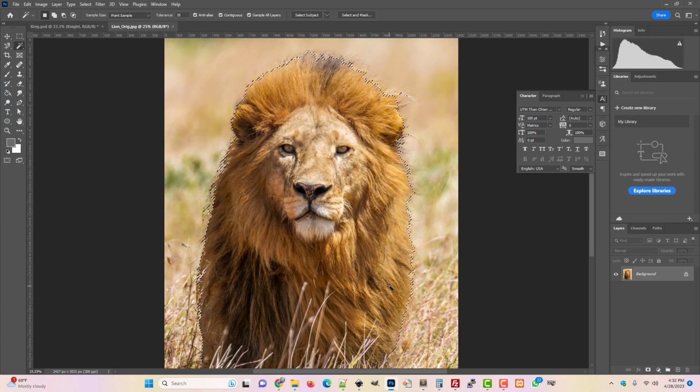Okay, so on this one, select subject worked pretty well. And we're just going to use some of those same techniques, but I wanted to take a second and talk about, let me just get that done. Layer from background,